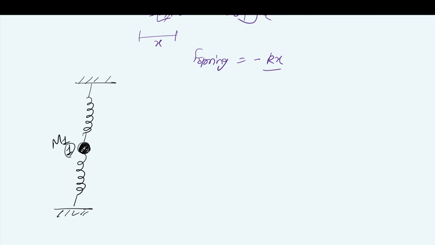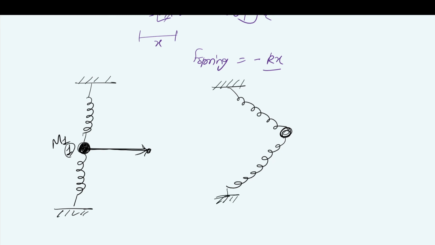If I capture this ball and extend it in this direction, if I apply force and let it be at this point, the position of the spring will become like this here, and this will become like this here. So from the initial position, we have displaced this ball in this direction by x. Let us say the natural length of the spring is L, and I have displaced this ball in the horizontal direction by a distance x.